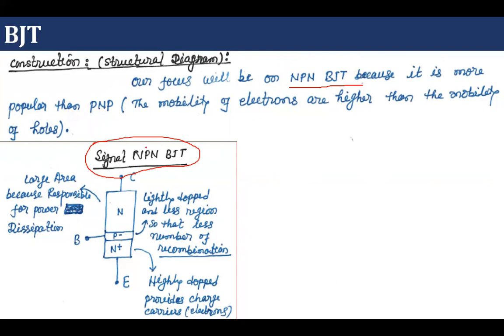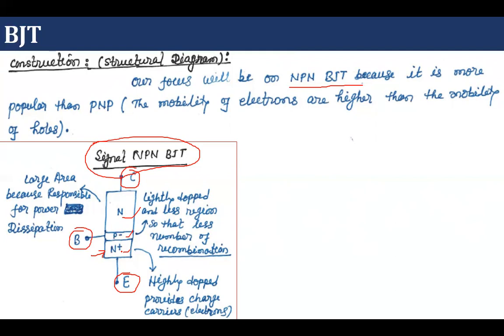although it is just a very rough division of the devices. In the case of NPN, we have three layers: N, P, and N. The area of this N is large, whereas the area of this P is smallest, and the area of this second N region is in between these two areas. This N plus is connected with the emitter terminal, this N is connected with the collector terminal, and this P is connected with the base terminal.